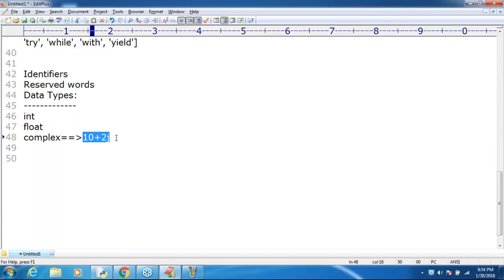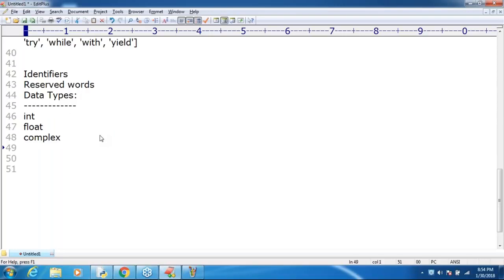Such complex mathematics, complex logic, is nothing but complex data type. So complex numbers are the best suitable for scientific applications, right?